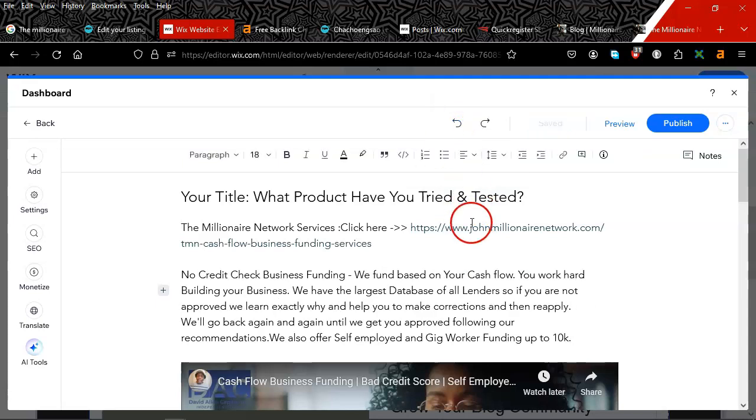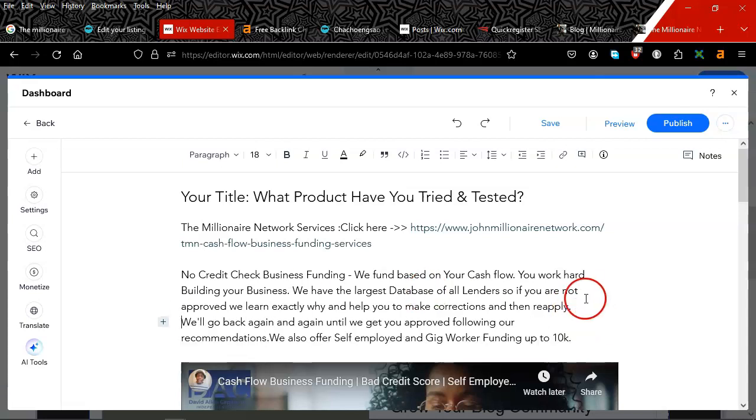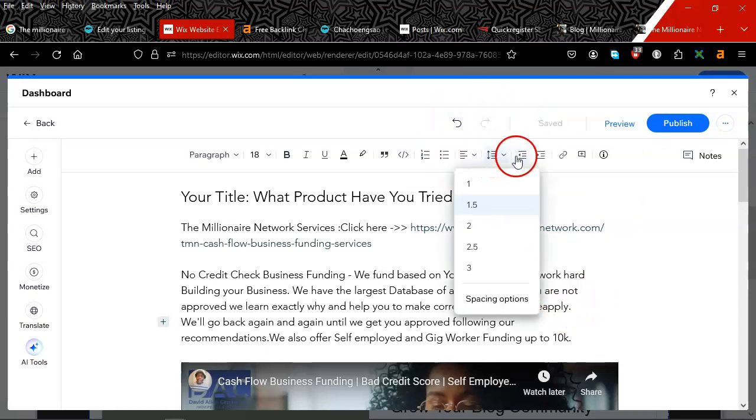It'll adjust the whole paragraph. All right. So since we separated this paragraph, let me put that back. Let's get that space. All right. So it'll adjust the paragraph to how you see fit.